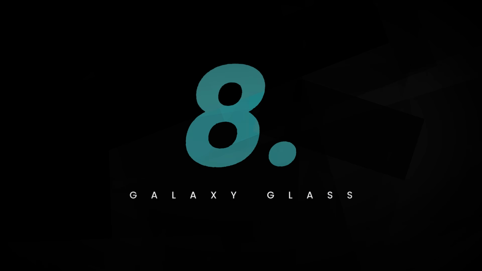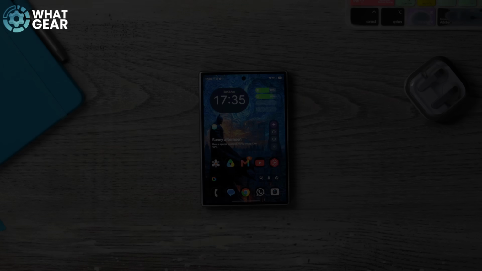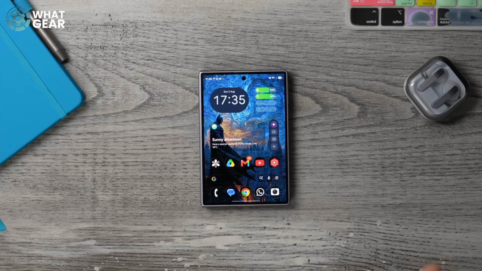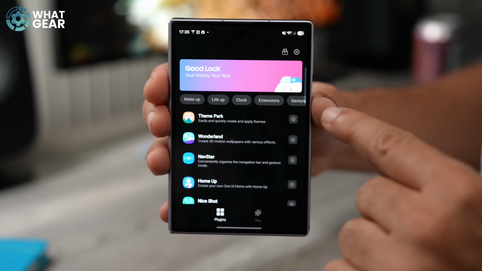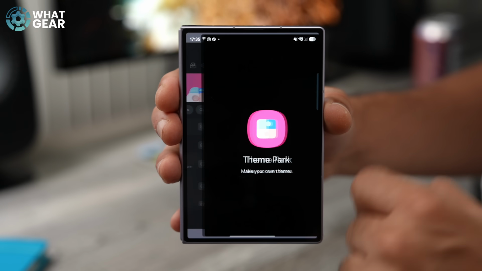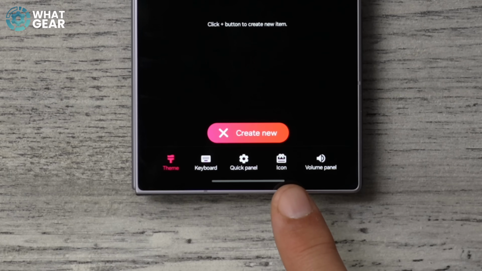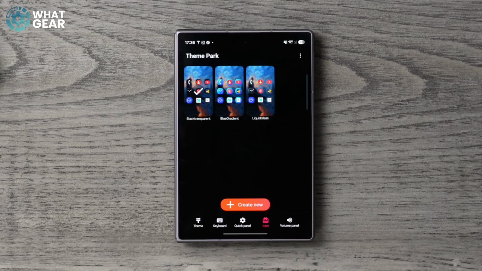Okay, if you're a fan of Apple's liquid glass, maybe you've had it in the past and you miss it now, or you just want to try out how it would look on your Samsung phone, well, there's some good news. You can do it! So go back into GoodLock again. Right at the top, you'll see theme park. Install and run this. At the bottom of this screen, you'll see icon, tap here,